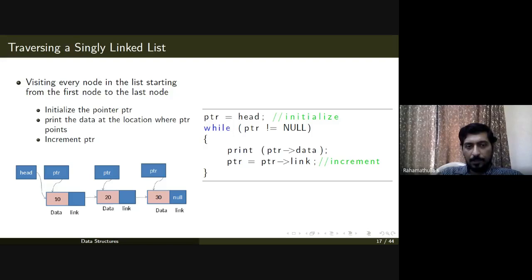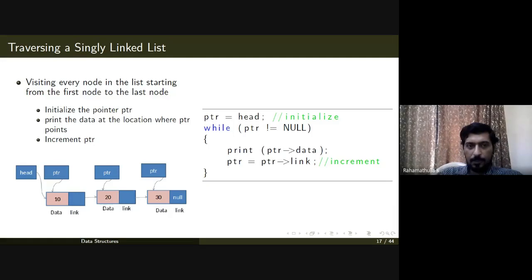Maybe for searching for a particular entry in your linked list, you will have to traverse through the entire linked list. We have not stored our linked list in a special sorted order or any type of order. So in order to search for an element, it will take order of n time, as we know. And that's another way of talking about traversal. Traversal is something very similar to search.